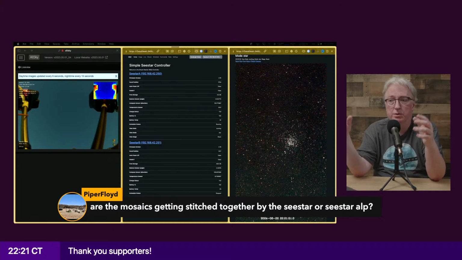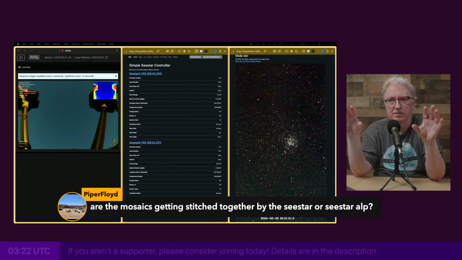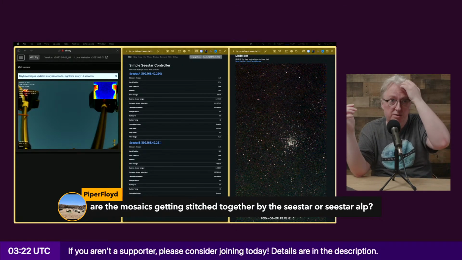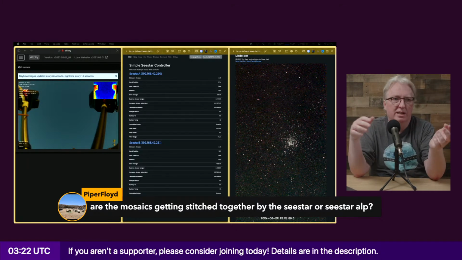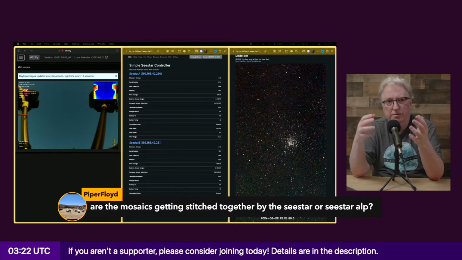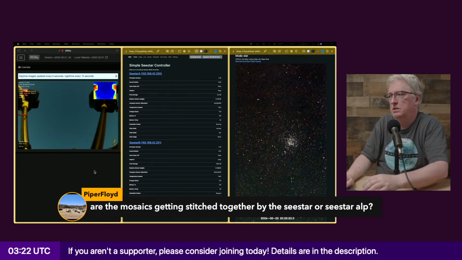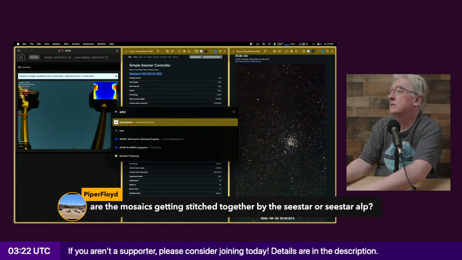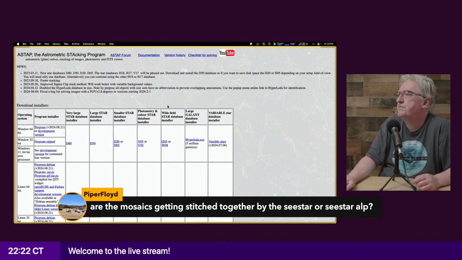What people do is they restack each panel within something like Siril or PixInsight, and then people do it in different ways, but a lot of times they end up using a different piece of software to assemble the mosaic. And usually the one that people have been using is ASTAP, is this program.